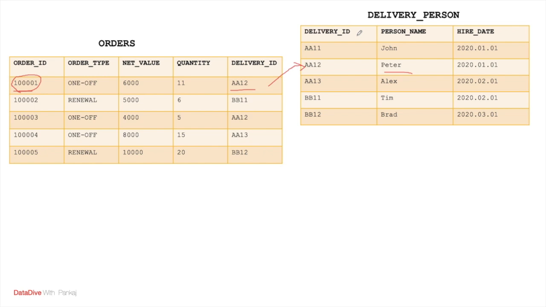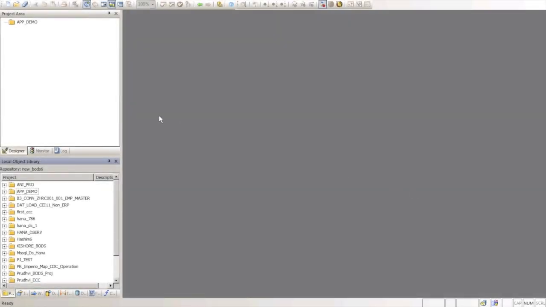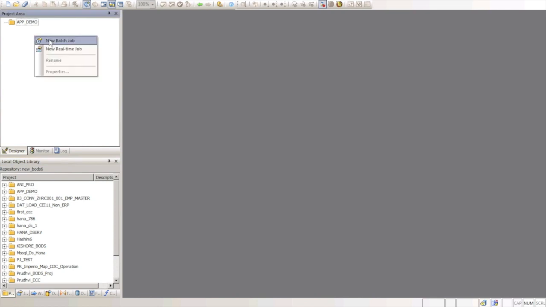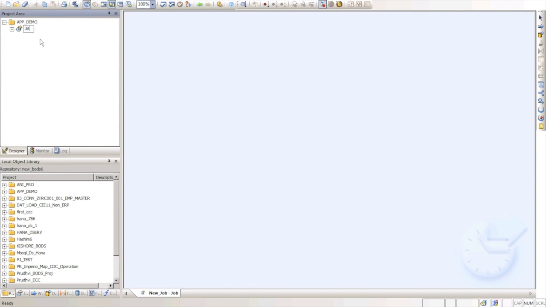So till now I tried to explain this through these slides. Let's go see a demo in BODS. Now we are going to see it in BODS. Whatever we learned till now, we are going to implement it in BODS. So first, I have created a project, and I am going to create a new job here. Let me name that job demo test, and I'm going to create a data flow within this.